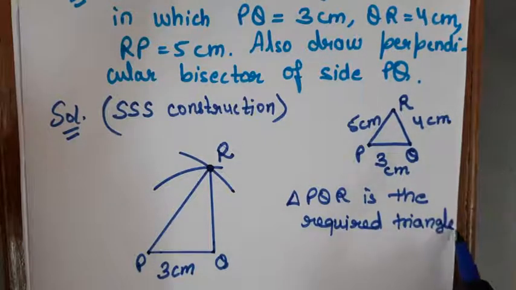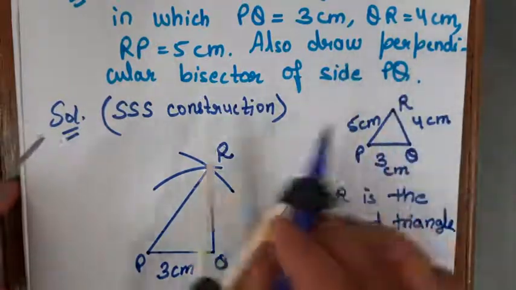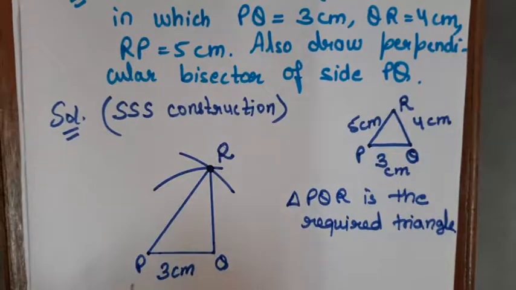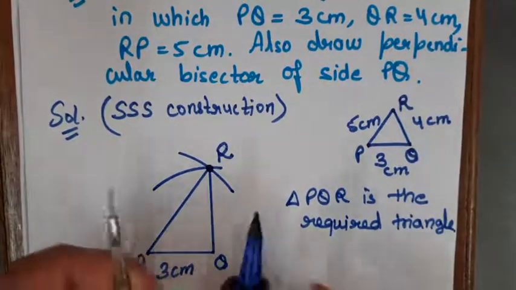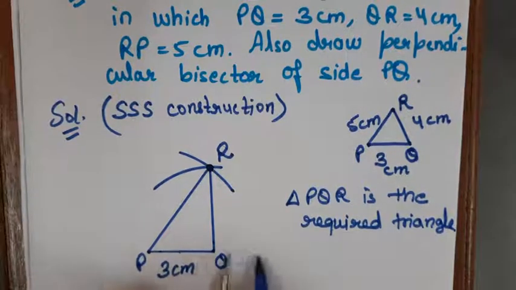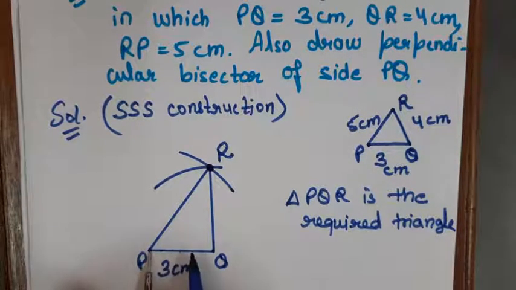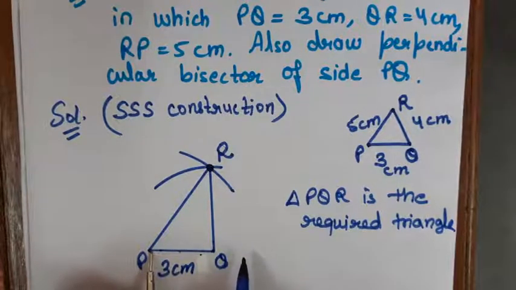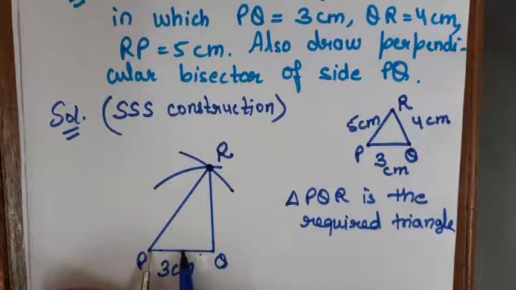Now one more thing is also there in the question. We have to draw the perpendicular bisector of PQ. So how do we draw the perpendicular bisector of PQ? You have to open your compass for more than half of this side. PQ side is this, right? More than half you will open. Approximately this, right? You can take this or this. It should be more than half. Okay, half is approximately this. More than half it should be.